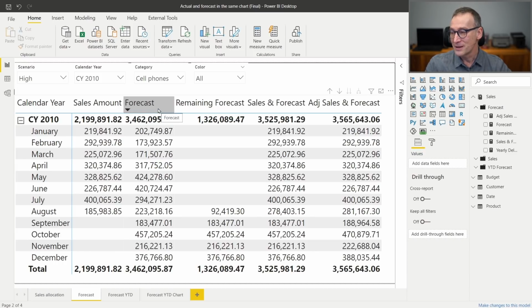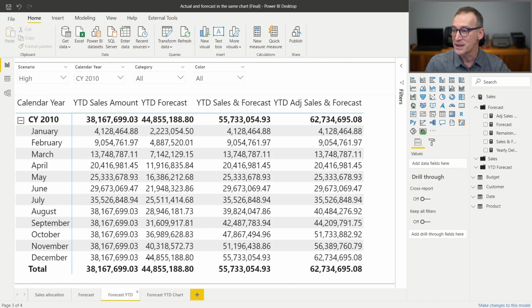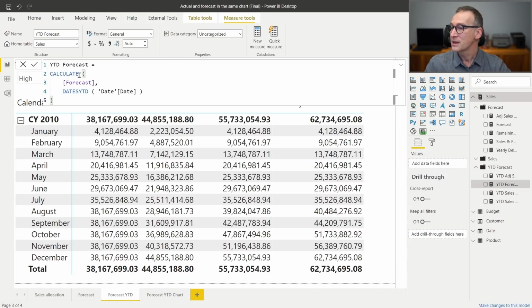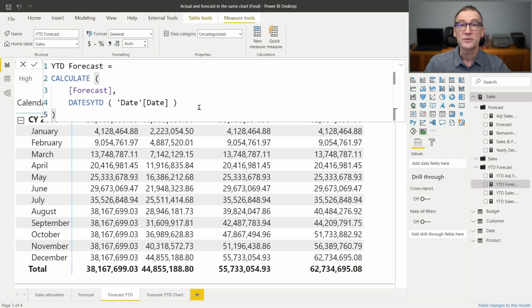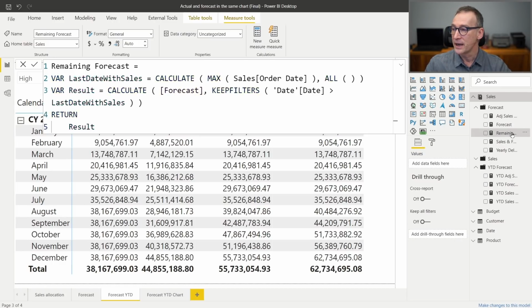So the beauty of this forecast measure is that you can use it to compute the YTD of the forecast. How do I compute the YTD of the forecast? Well, because forecast has been created the correct way, just by touching the correct filter and not messing up with other values. If you want to compute the year-to-date of a forecast, you only need to calculate forecast, dates YTD of date. And that just works because the filter context is handled correctly by all the different parts of the code. So I can compute the year-to-date of the forecast, I can compute the remaining forecast, the forecast that remains,